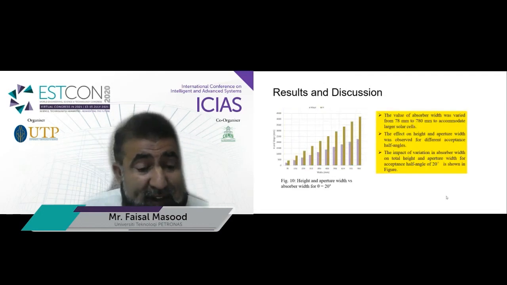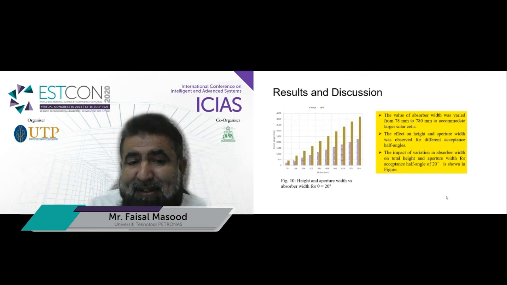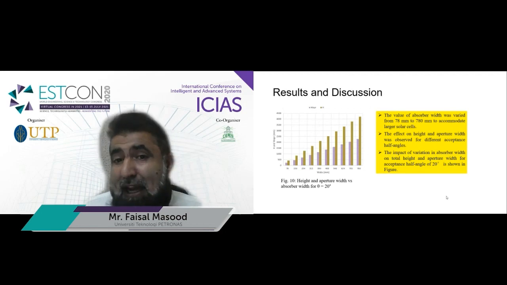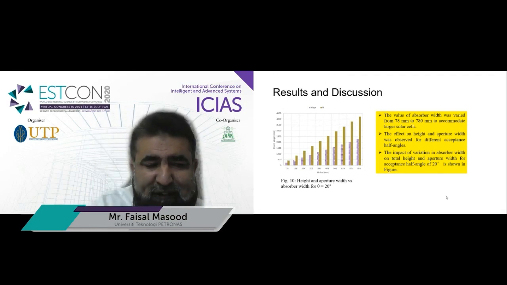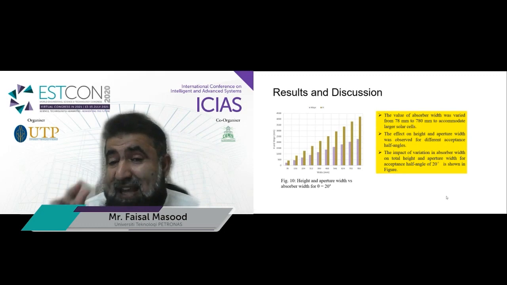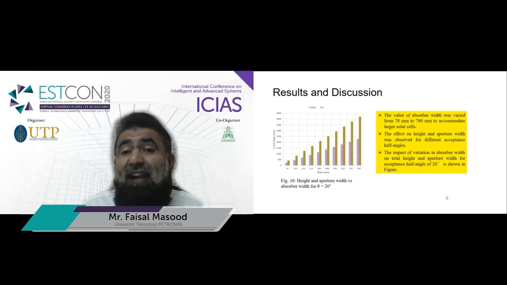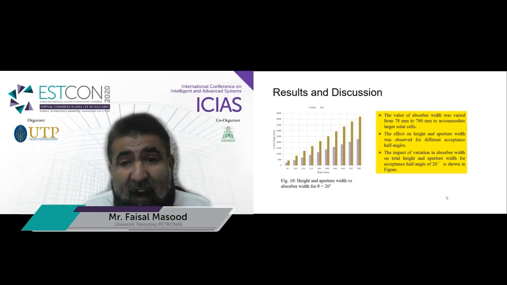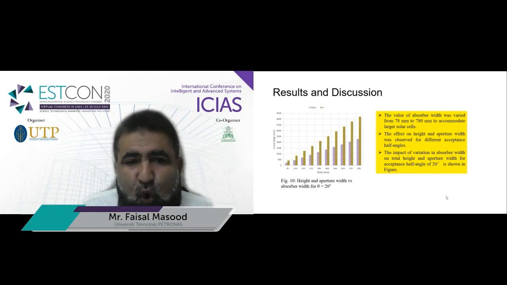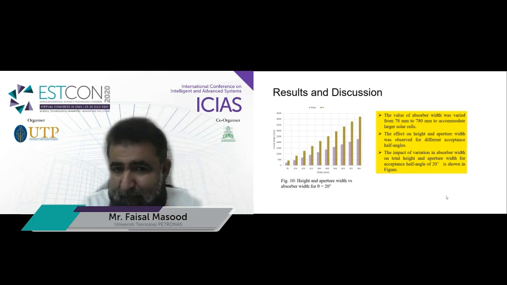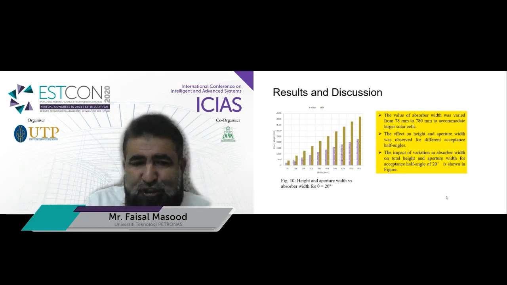And the next figure, figure 10, shows the height and aperture width versus absorber width for an acceptance angle of 20 degrees. For this purpose, the value of absorber width was varied from its initial value of 78 millimeters to 780 millimeters to accommodate larger solar cells or PV modules. The effect on height and aperture width is shown here: as the absorber width increases, both CPC height